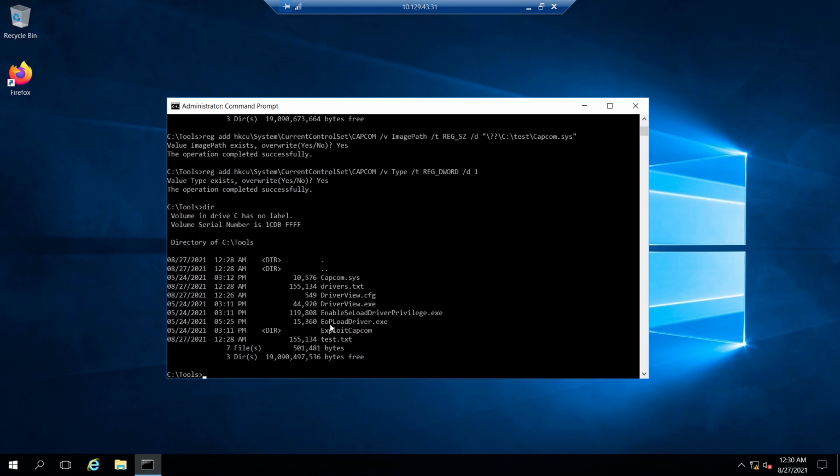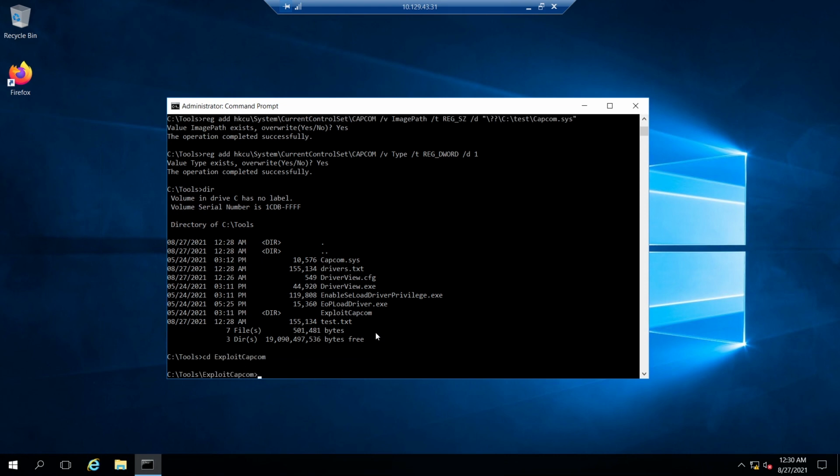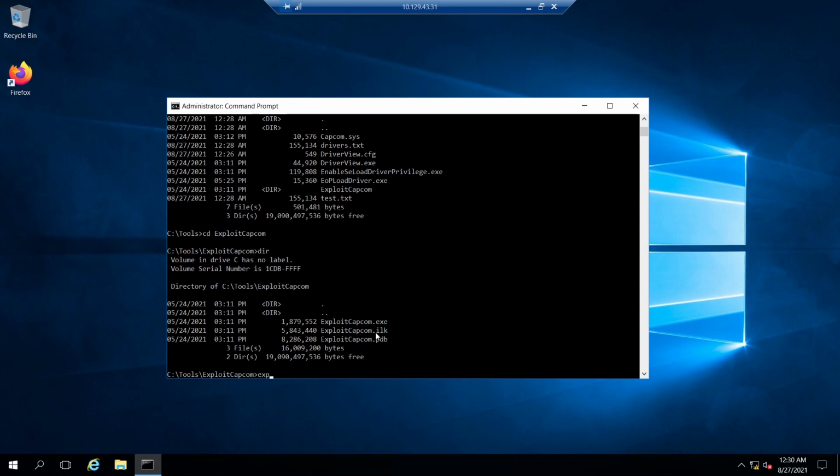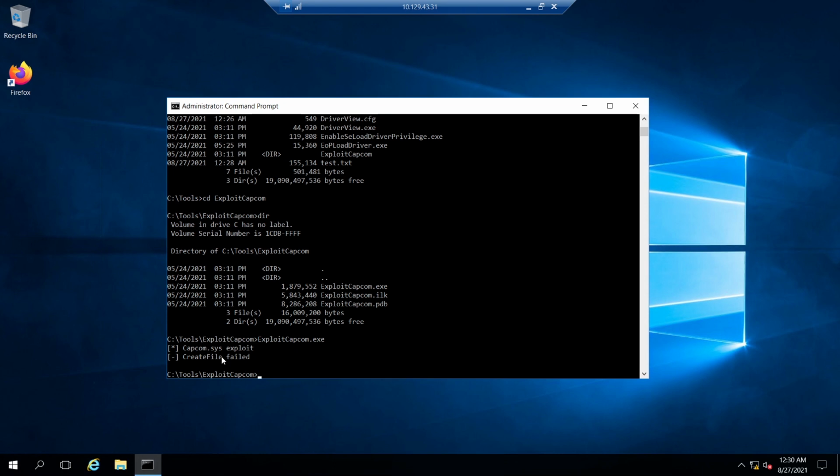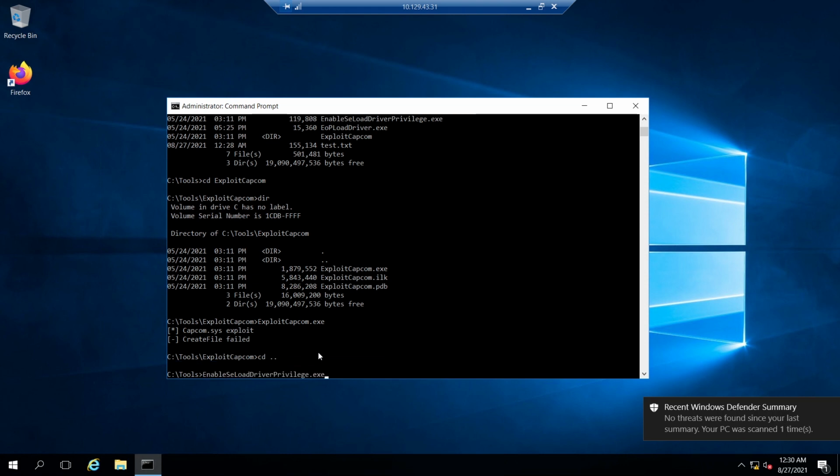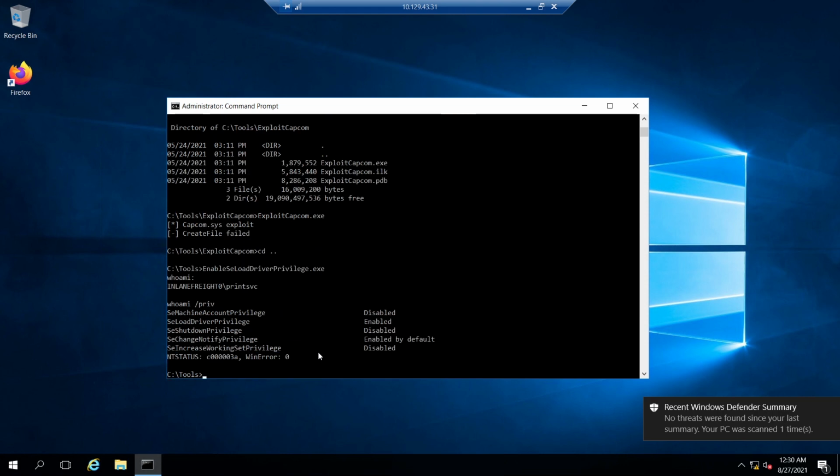So let's run this ExploitCapcom. This actually creates the service and runs this. So run this, create file failed. So I think we need to enable this one. Now run this one again.